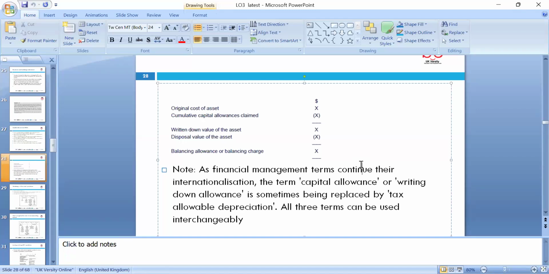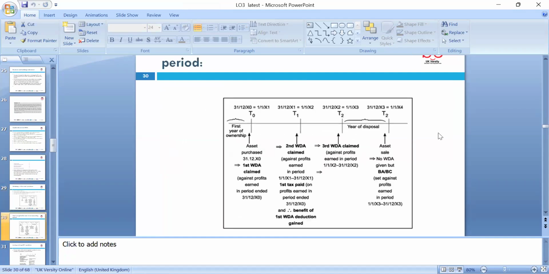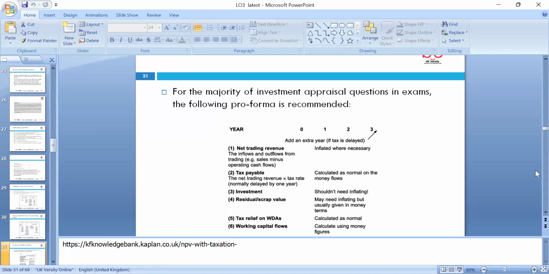being replaced by the tax allowable depreciation. So that's what we can use. Okay, so the asset is assumed brought in in year nought, and we can look at how many years, and we can apportion it over whichever years you're doing your tax calculations. So we can look at the period, apportion it like first year, second year, third year, fourth year, and look at the written down allowance and claim accordingly.